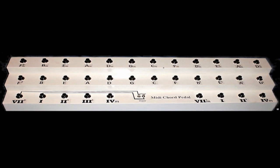Okay, now let's move on to the other side of the third layer with Roman numerals again, 7, 1, 2, 3, and 4. To the right of fourth minor, you can see 2 switches with the inscription minor major. When those 2 switches are positioned to the minor position, then you can have access to the ethnic mode or Makam Usak,